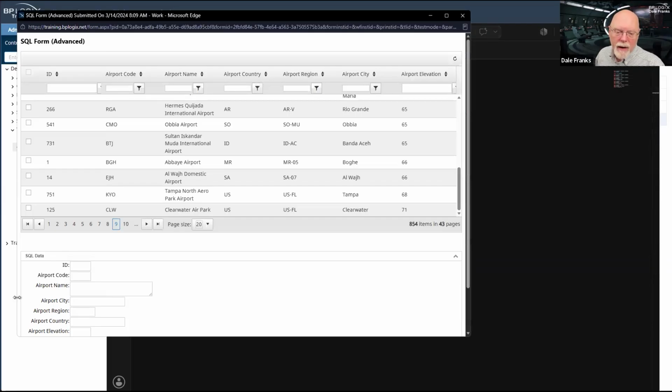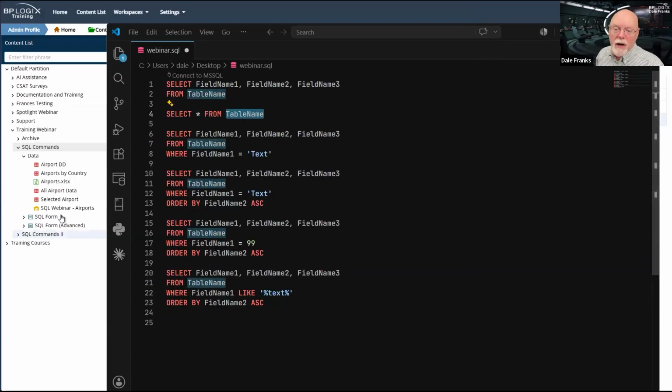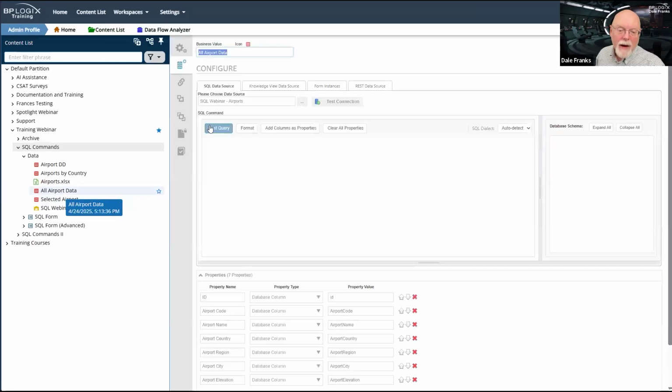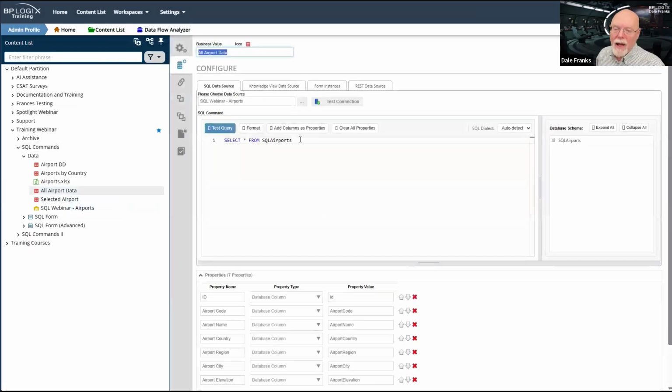So in the case of our particular table, if I go to all airport data and we look at that statement, there we go. Select star from SQL airports. That is, by the way, the name of my table, SQL airports. This is going to return every column in the table. It's going to return all of the data.